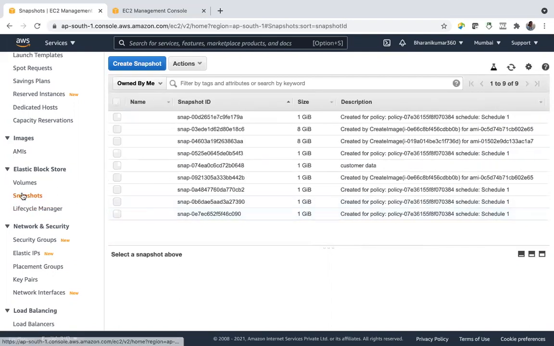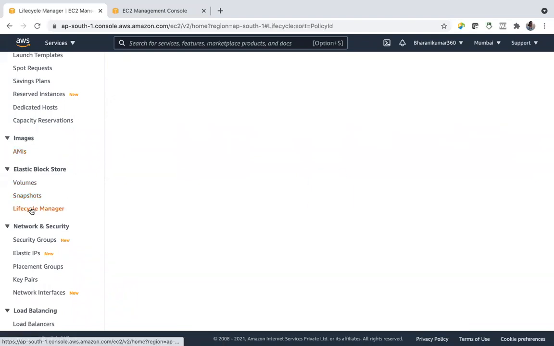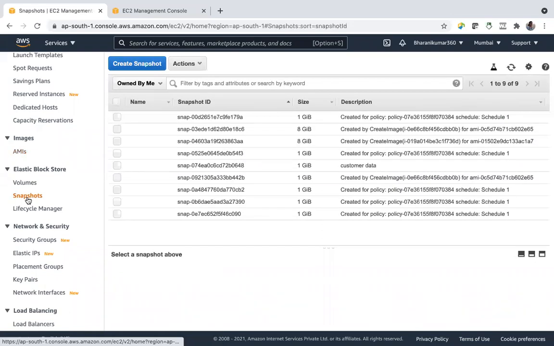When you are creating your snapshots and AMIs, please go through the free limits. It's different for snapshots. Snapshots are also EBS volumes, but the pricing limits are different for snapshots. So go through the free tier limits of snapshots once. And also when deleting your AMIs, be careful. And also the lifecycle manager, don't leave it because it will keep on creating backups. So schedule one.